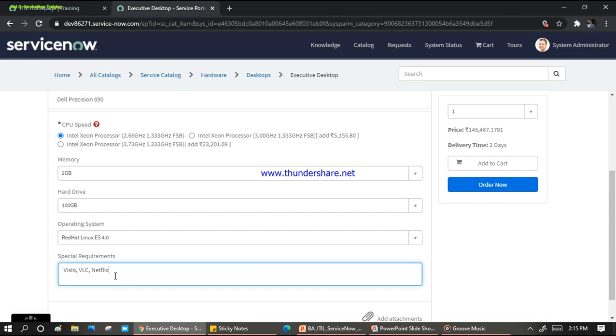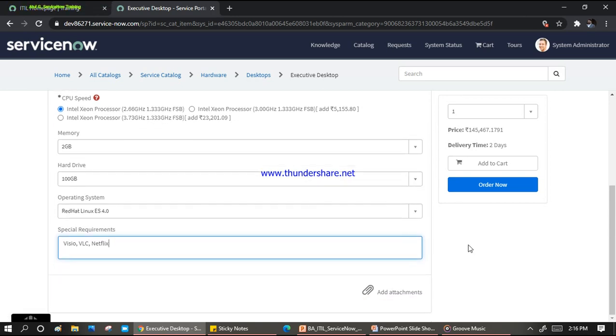Okay, so if you are ordering a pizza, that is a catalog item, and that pizza has variables like what type or what extras you need in the pizza: thin crust, some spicy, some mushroom, some cheese, some paneer, all these things. So these are the variables. Those variables are not applicable for a burger, or I guess they are not applicable for Pepsi, if you're ordering Pepsi or Coke or shakes. So variables are different for every catalog item.